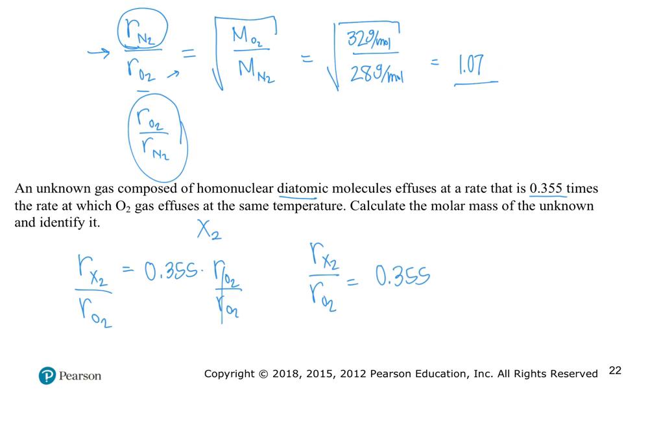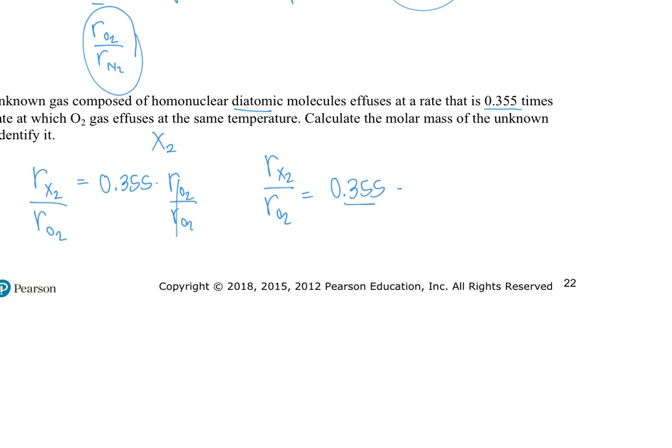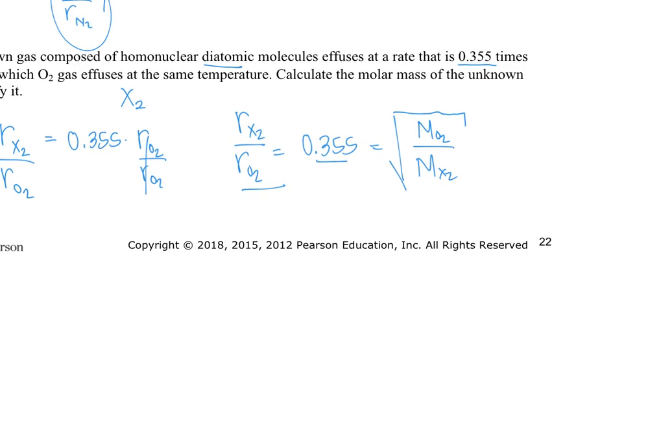So there's the number, just like we found the number up here, right? That's the number that they are giving us. So this value equals the ratio of the rates, which is also equal to the ratio of the molar masses. So here I'm going to put the mass of oxygen up top over the mass of the unknown. So let's plug in some numbers now. We have 0.355 equals the square root of 32 grams per mole over the molar mass of this unknown. We can then solve for the mass of the unknown. So to get this guy all by itself,